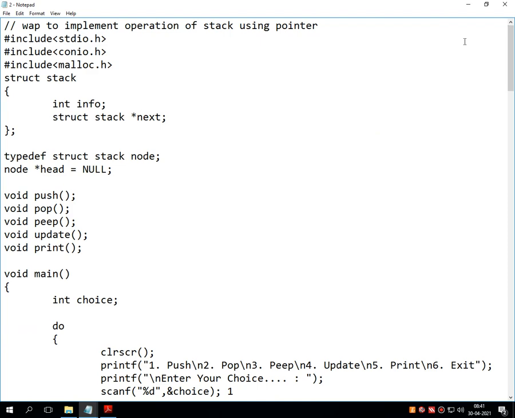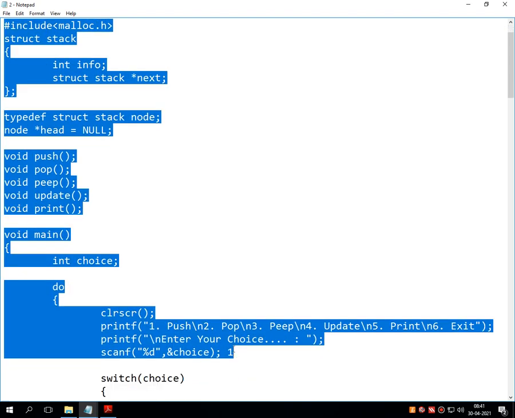This is a very complicated program. This type of program cannot be asked in the examination, but this is just for your reference, as this option number 2 is available, which we can implement. But I request all the students to focus on the implementation of stack and its operations using array. Still, I will give you some time to write down this particular program for your reference. Just pause your video and write down all these selected lines.